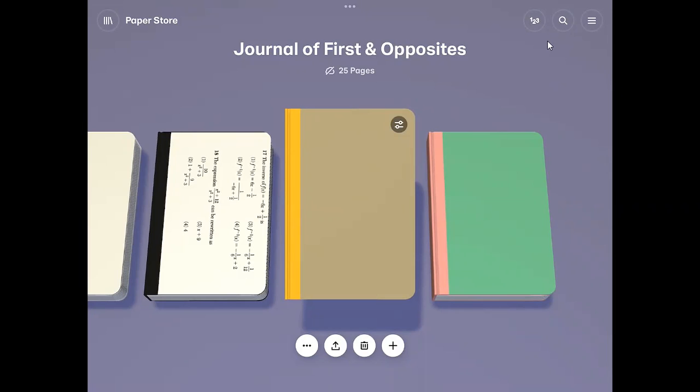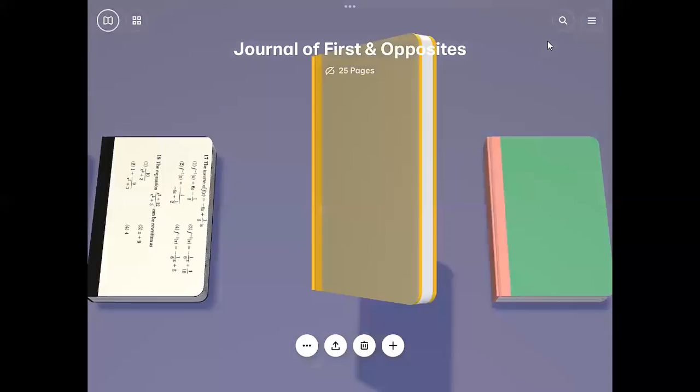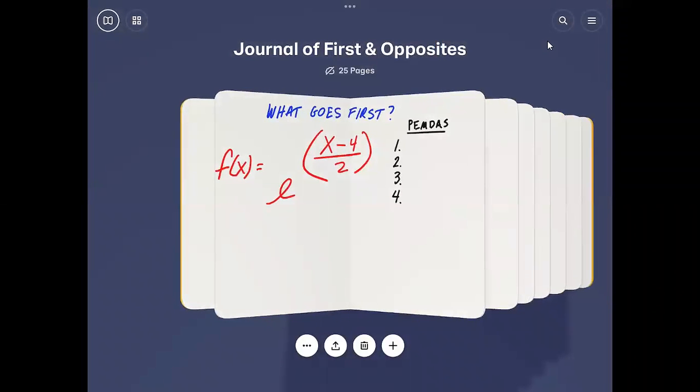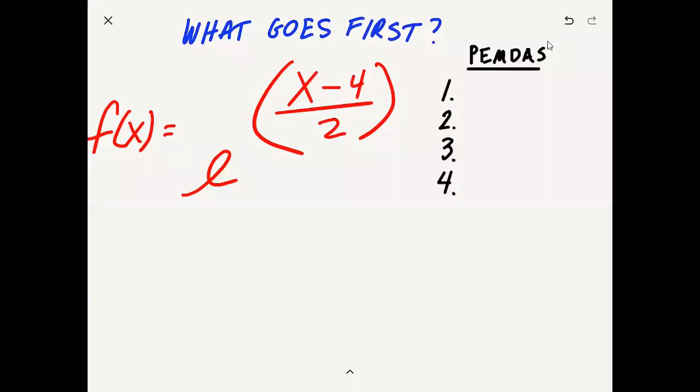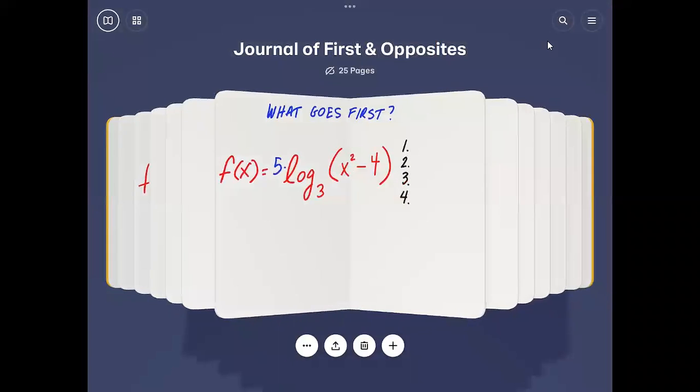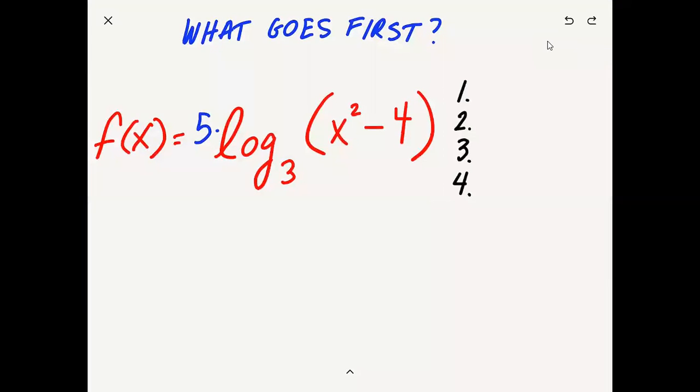But one of the things that I've started doing is I play a game called Inverse Operations, and also finding the first operation in order to determine what you need to do. So what I usually do is I'll show you how I play it. I will have a question from a book and I'll flip through it and whatever I land on. And this type of question, what I want to know is,